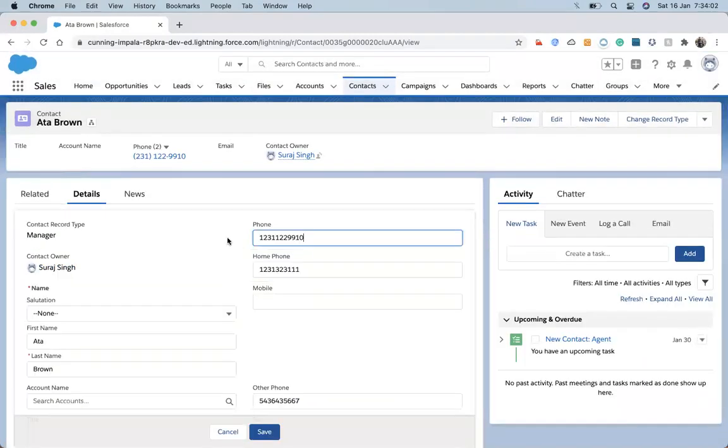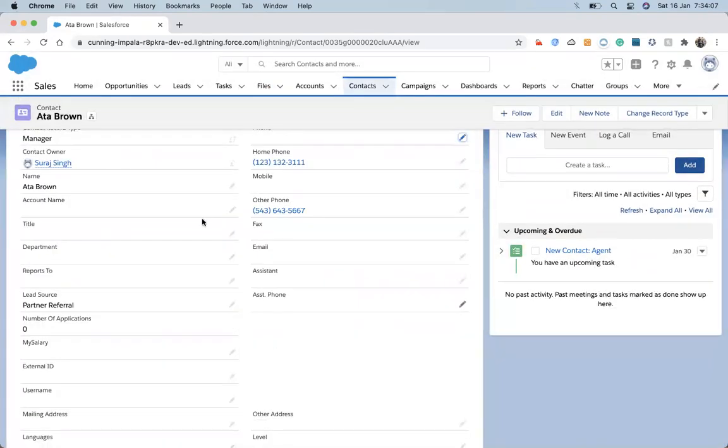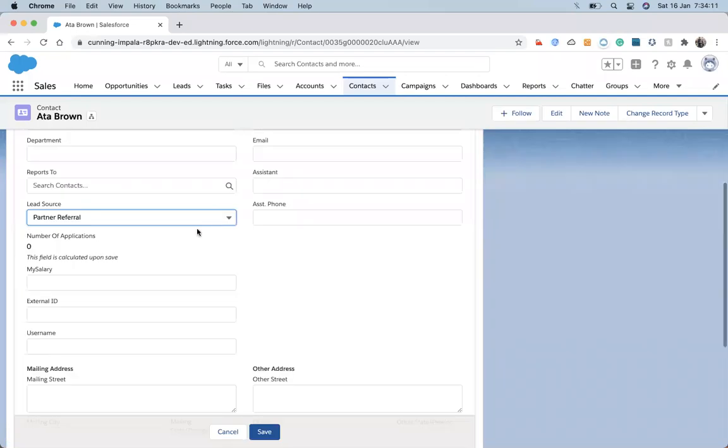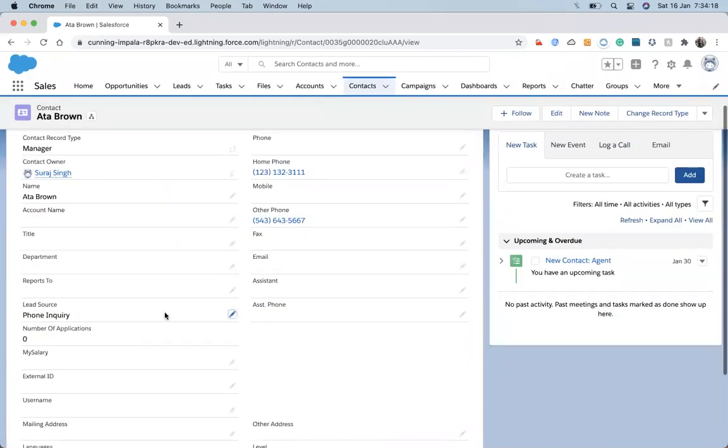Now again I change its value to empty. I thought it would be an issue. Now let me again change its value to phone inquiry. Did that situation get handled? No, it's not. You can see that I'm able to make changes and it does not throw me any error.